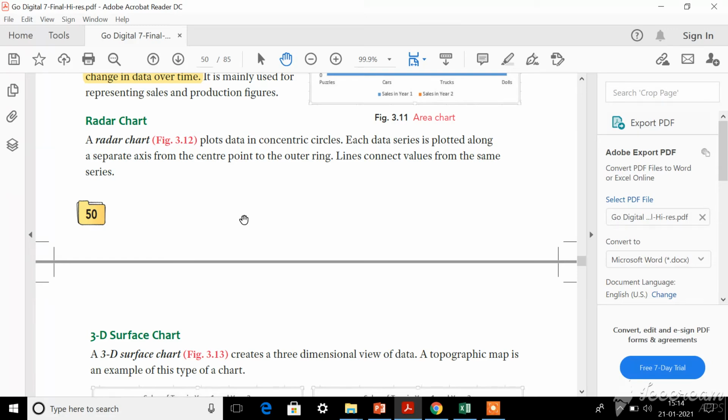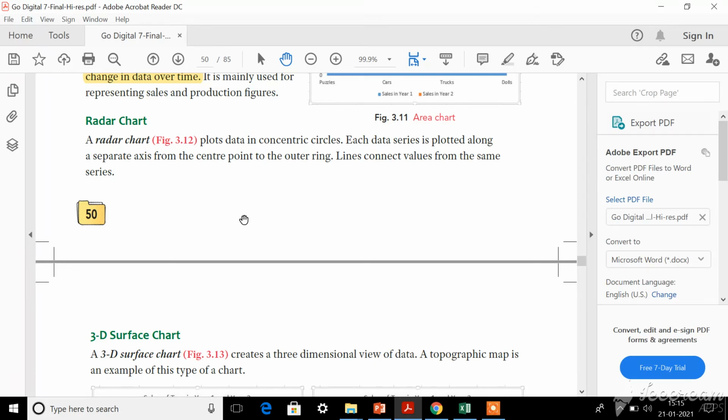Where will you see this radar? Yes, if you have the habit of listening to or watching military movies or gathering information about the Air Force, you should have heard this word radar. Usually in the Air Force, this chart is used.